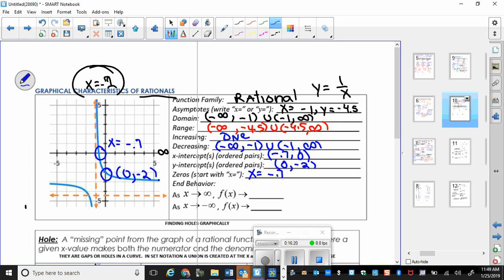My 0 is the y value in the x-intercept, so -0.7. The end behavior of this particular function is asking you what happens as we move to the right. Well, as we move to the right, we're moving down to -4.5. Y is moving down to -4.5. What about as we move to negative infinity, or to the left? Well, as we move to the left,